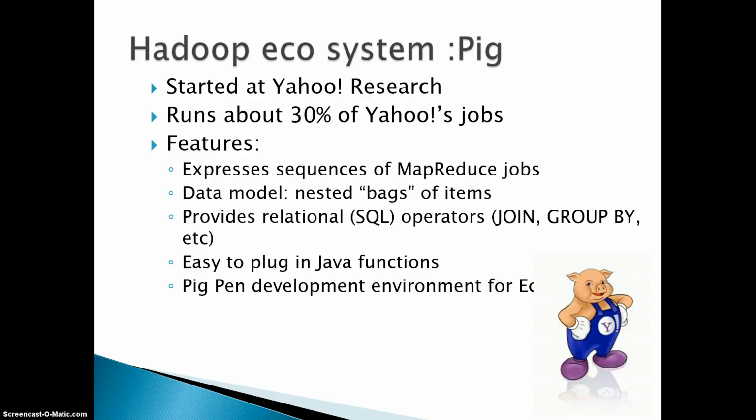Hadoop ecosystem: Pig, which started at Yahoo Research, runs about 30% of Yahoo's jobs. Features: express a sequence of MapReduce jobs. Data model: nested bags of items. Provides relational SQL operators such as join, group by, etc. Easy to plug in Java functions. Pig Pen development environment for